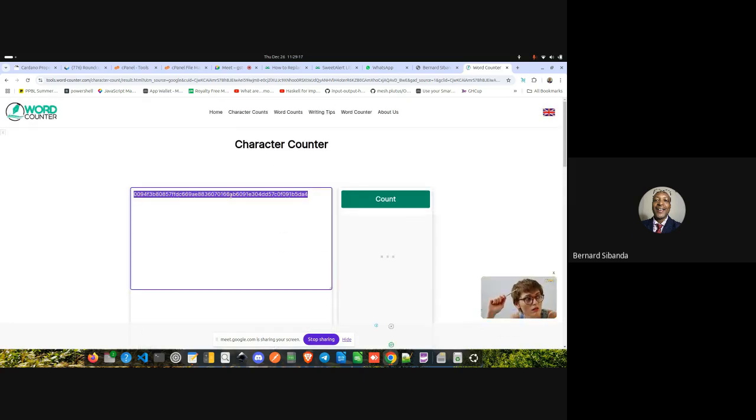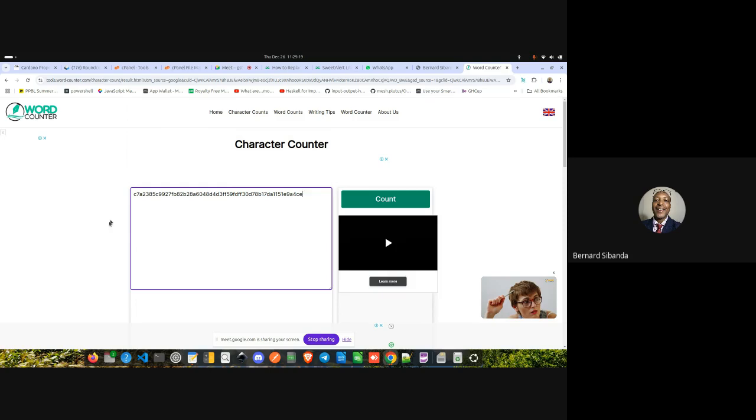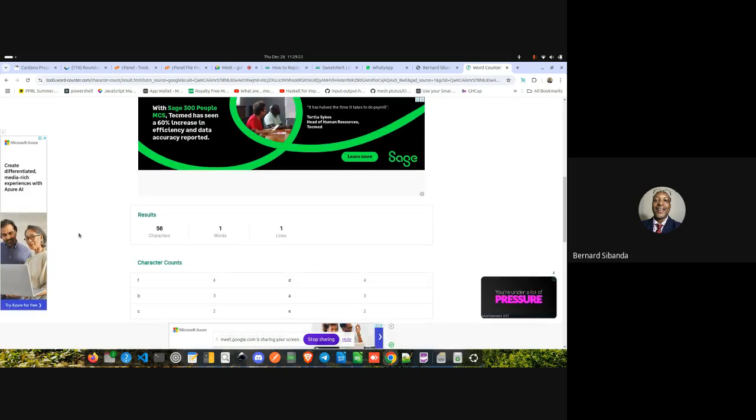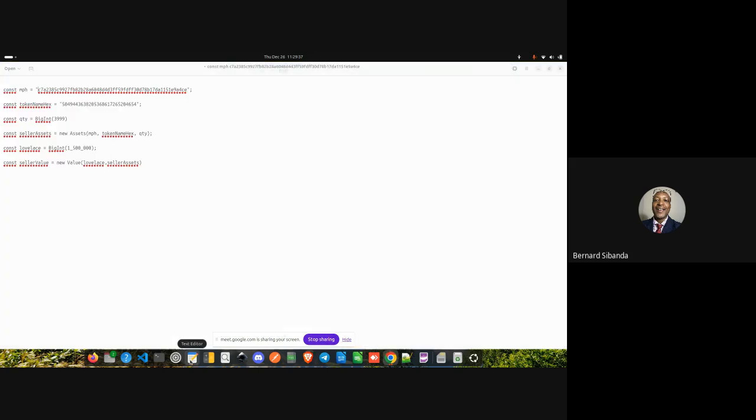I already have this here. Right, it is 56. Second property, it has got 56 characters in length. So those are the properties that are very clear about MPH.